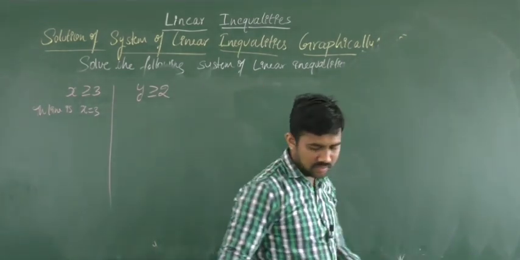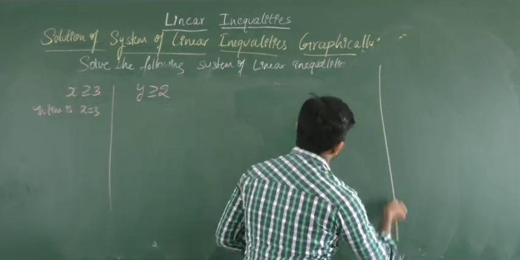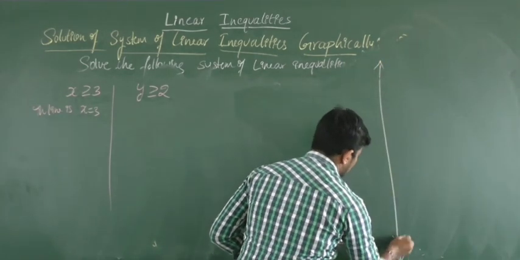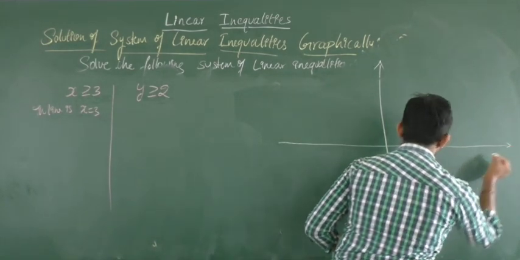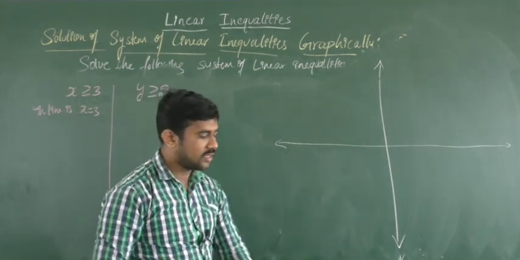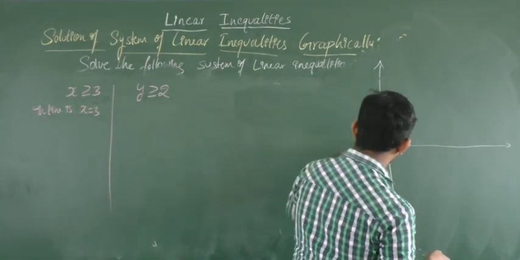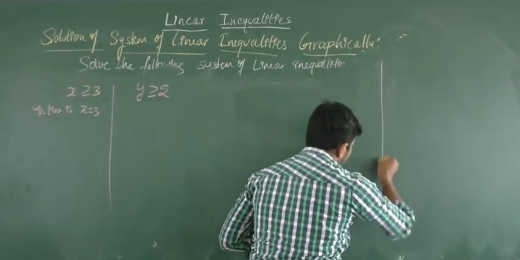Okay, see, in the graph sheet, at the middle, you draw the coordinate axes like this. Okay, the Cartesian plane, draw it in the graph at the middle. Okay, so using a scale draw the straight line.